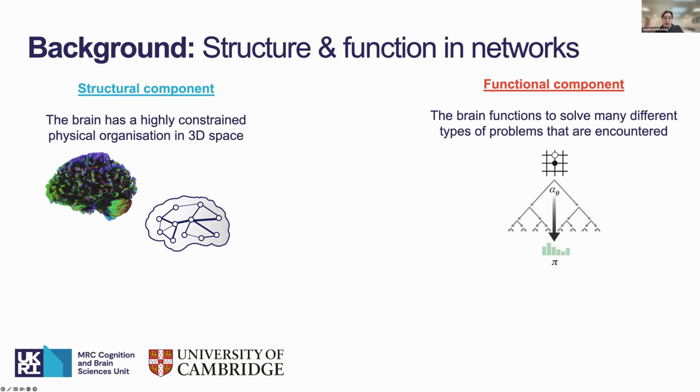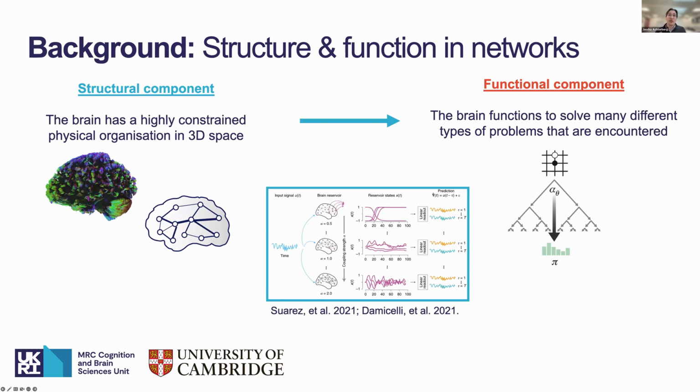So if we look at one example where we see a link from structure to function, there's a couple of recent projects on reservoir networks where structural connectomes have been embedded in a neural network setup, and the functional effects, if you want, of this network are then observed. Two example papers here are Laura Suarez's paper and also Damicelli's paper, which we really liked and really have influenced